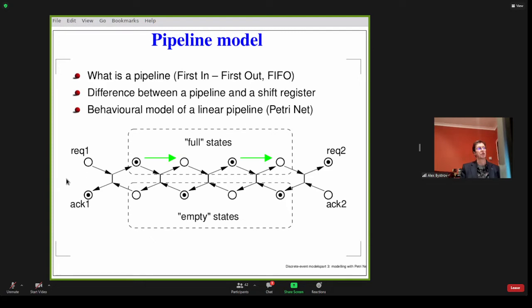So this transition, which is added here, fires, and it means that this is the action of arrival of a new data item into the stage. And it may fire as soon as the stage becomes empty. So basically, by modeling it like this, you are saying that as soon as the stage is empty, it may become full at any time it wants.